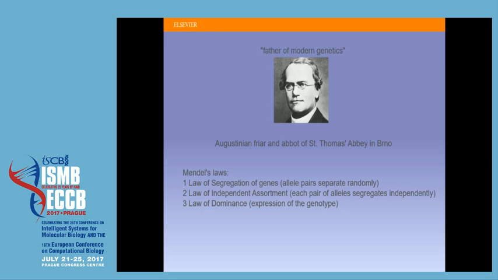Now, we also know that there's the caveat about whether these traits would have been linked if they were on different chromosomes, but the fact of the matter is he nailed the mechanism. And he also did it by basically counting. He counted the numbers and he deduced what the math must be, and he said, this is the way it must be. So, I'd like to compare and contrast Gregor Mendel with another great scientist of that era, Charles